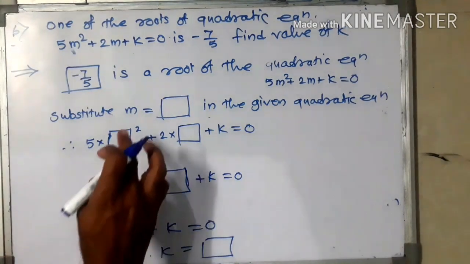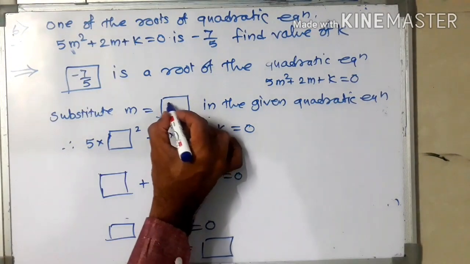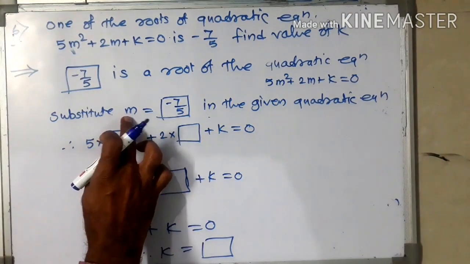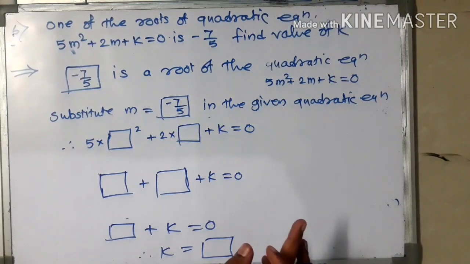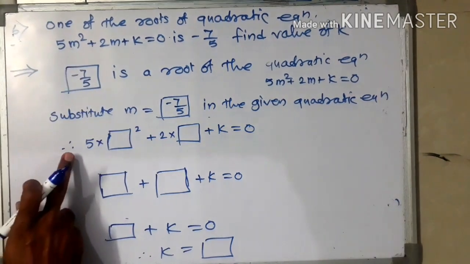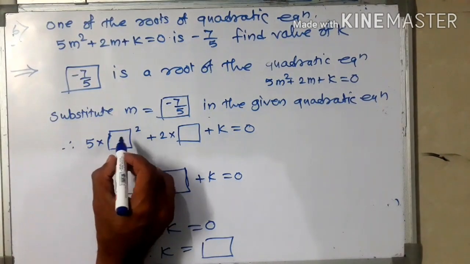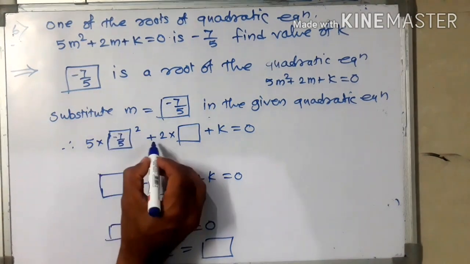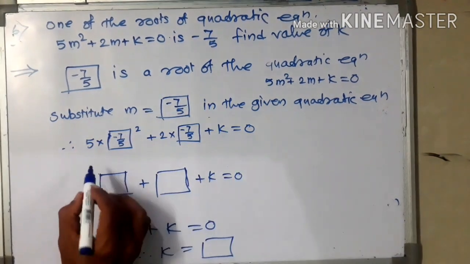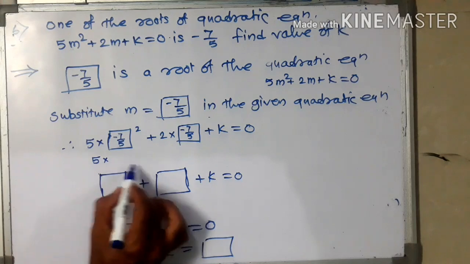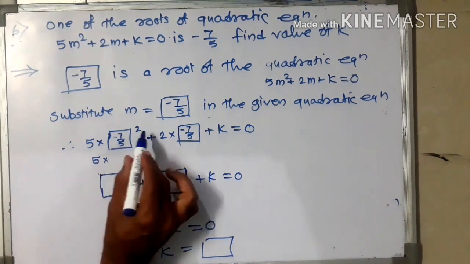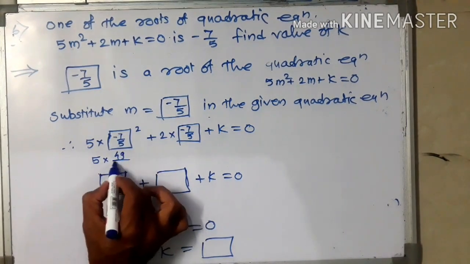Substitute value of m as minus 7 upon 5. This is root, that means value of that variable is minus 7 upon 5 in the given quadratic equation. So therefore 5 into m square means 5 into (minus 7 upon 5) square plus 2 into value of m, minus 7 upon 5, plus k equals 0. Now this step 5 into, we do not need to do it, but for you to understand I have shown it here. Negative 7 square is positive 49 upon 25